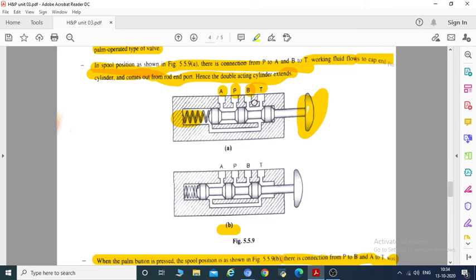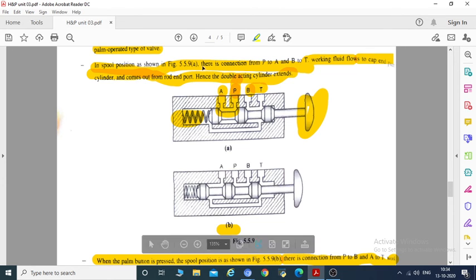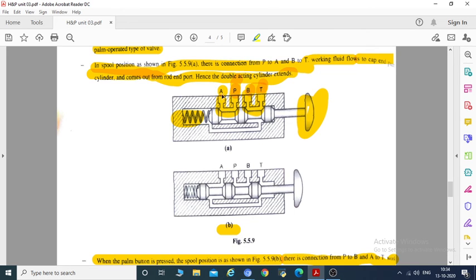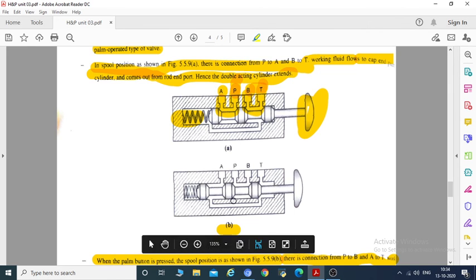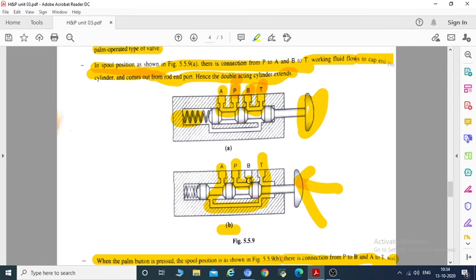Okay. So in this position the fluid from port A is coming in that way and moving out from port P here, and the fluid from port B is coming in that way and moving through port T here. So this is one position of this valve, and this is the second position, where we push this spool against the spring, and then the liquid from this port moves out from port T, and from this port B the liquid is moving through port B. These two positions are used for the extension and retraction of the cylinder.